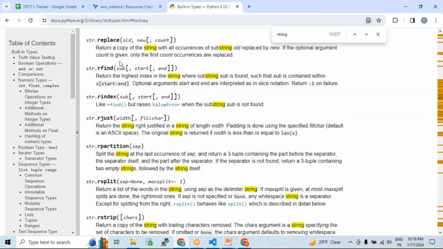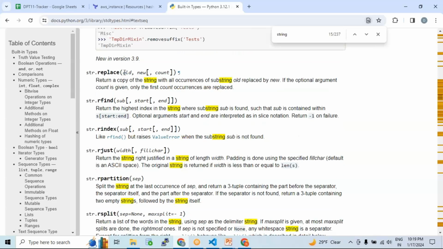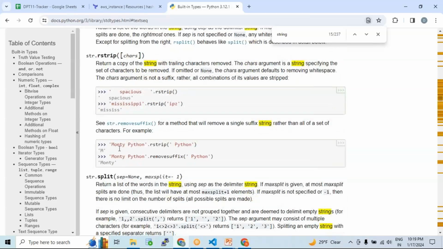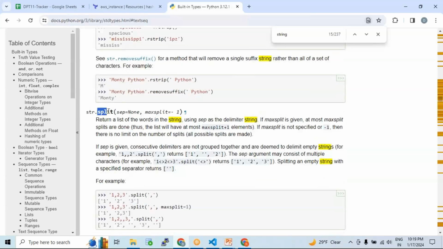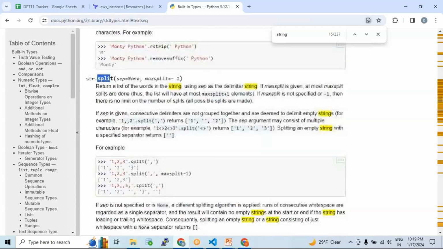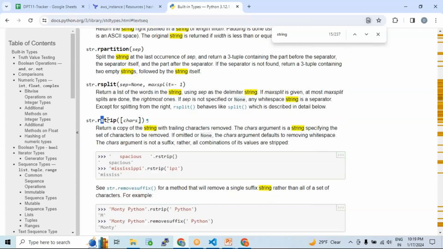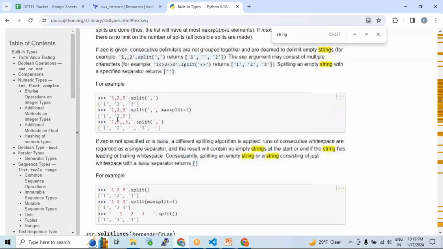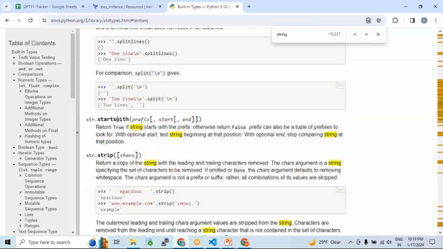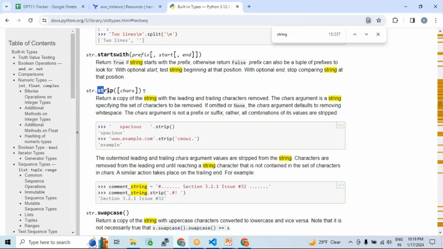I talked about a few, but you see here replace. This is the syntax, how you need to use this built-in method in your program. You need to give the old text and the new text, and that's how it works, right? Replace. And I talked about strip, right? Sorry, not split. I think I talked about strip. Okay, so like that you can see many, guys. Yeah, this is what I talked about, right? Strip,